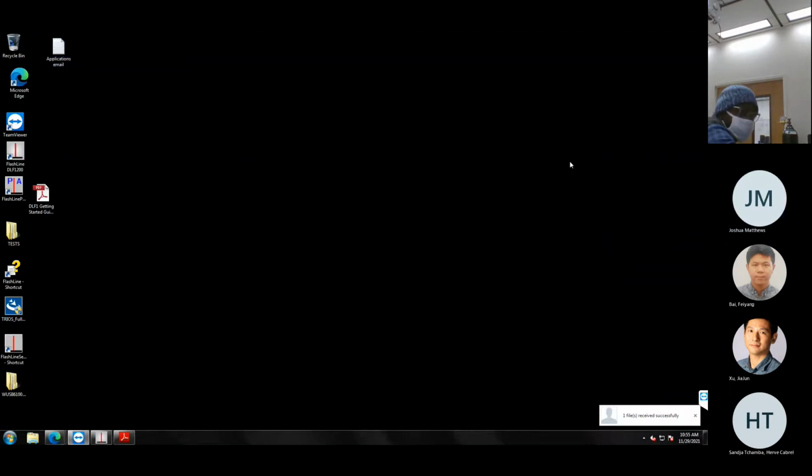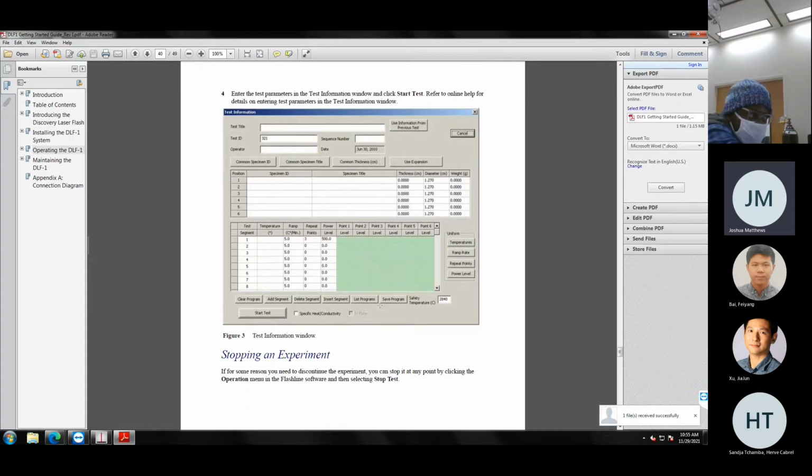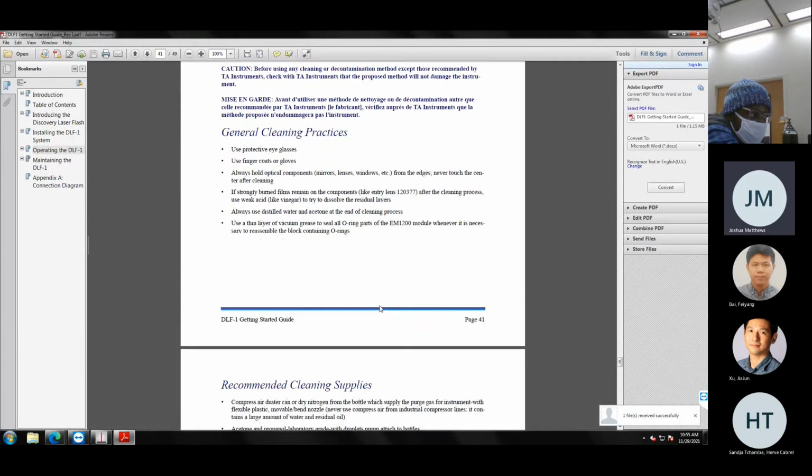Josh, I have one more question. For this machine, is there any sample weight consideration to ensure accurate measurement? Oh, weight. Sample consideration, yes. Accurate density is a big consideration, especially when you're running conductivity tests. It's required along with the specific heat of the sample, and there's a section in here on